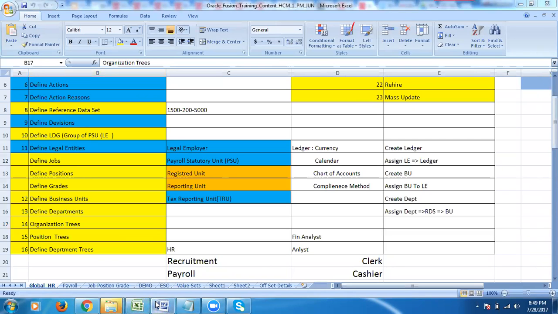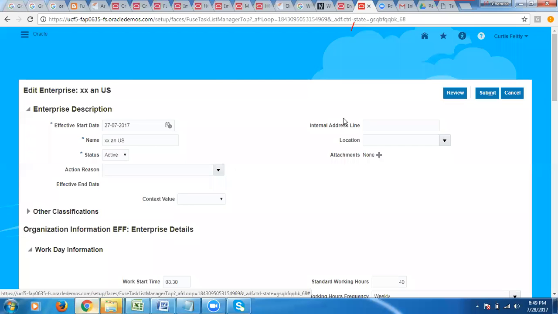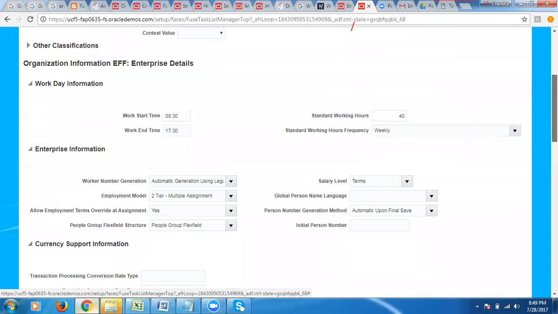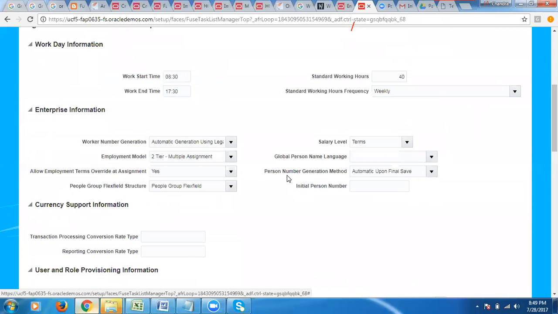Next, now we can see here person number generation, different methods, and the same worker number generation methods here. Then what about legal entity level?